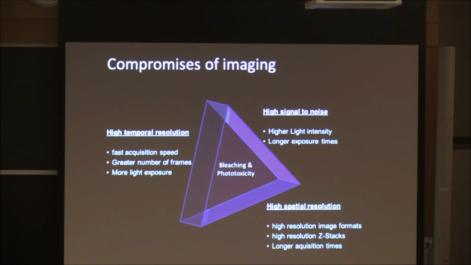And so what you end up doing is a lot of compromises when you're setting up your imaging. There's really three things that you have to compromise on to prevent bleaching and phototoxicity. One is your temporal resolution. How fast can you actually image? If you're imaging really quickly, you're imaging a high number of frames, and that means more light exposure to your cell. If you space out your time points, you get lower temporal resolution, but now there's less light exposure to your sample, and your sample is going to be happier for a